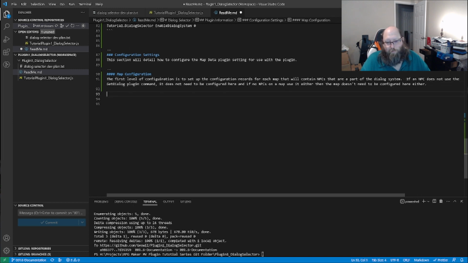In this case, let's do the 2 enters. Makes more sense this way. These are more like paragraphs here. First step is to identify the map ID for the map you are